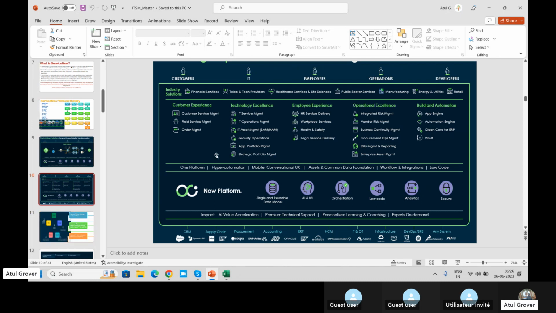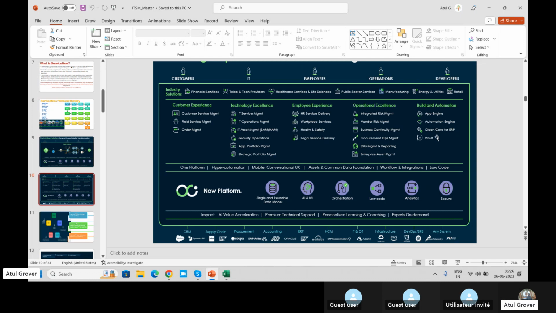This is how they categorize when we talk about developers, operations, employee, and IT. If you're a developer, you have App Engine Studio to create your applications. You have an automation engine. We have some vault as well. Not sure what this vault is, maybe some technical words.